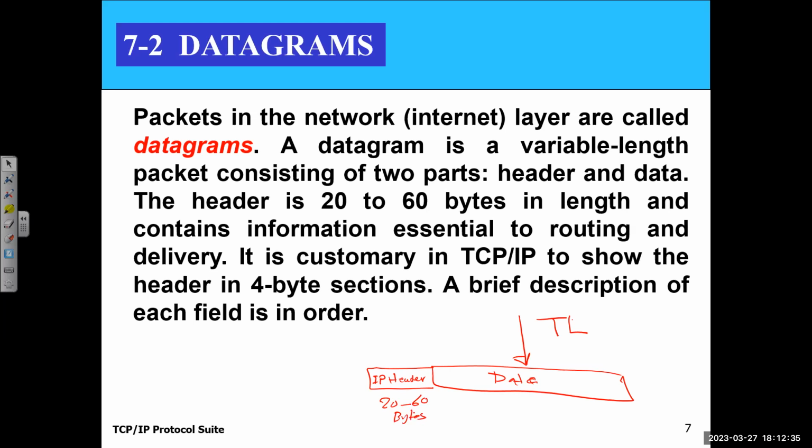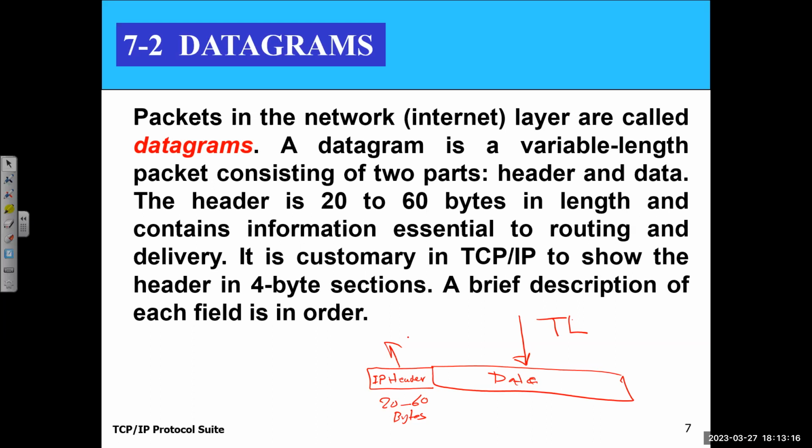Right? So that's the actual size. All right. So this header will have very important data. That's going to tell you how we send the information. For example, can you tell me some of the important data you need to be able to send a packet? If you want to send a letter from my house to your house, what do you need? Address. Yes. So you need the destination address at least. Okay, you need the source address. Why you need the source address? Because... Yes, that's one of the reasons. Second reason,